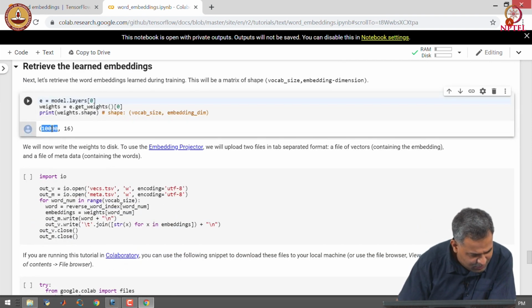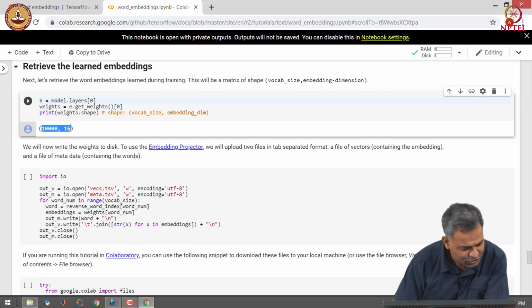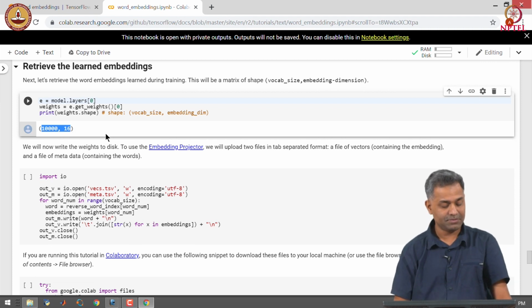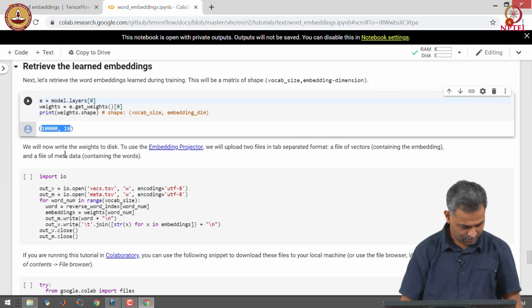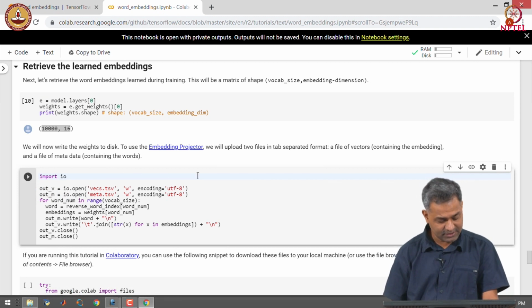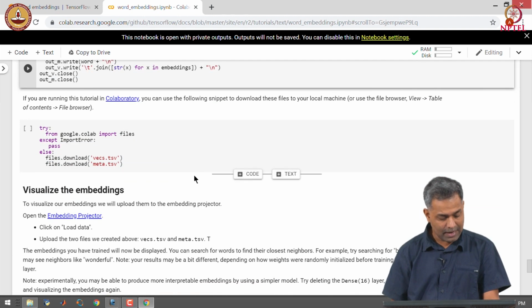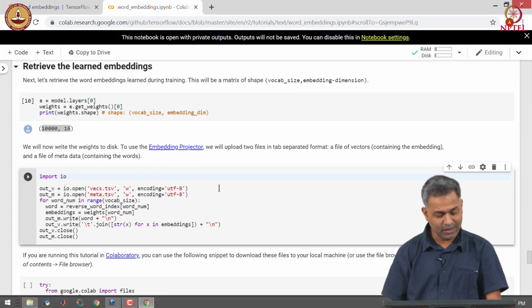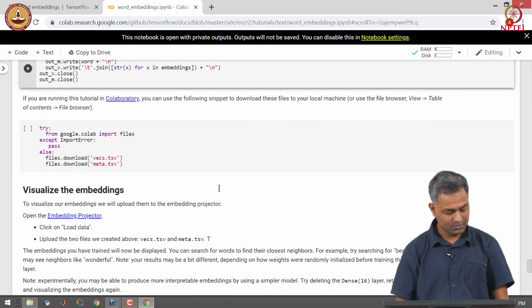Our vocabulary size was 10,000 and embedding dimensions were 16, so we get a tensor with shape 10,000 by 16. We can write these weights to the disk and visualize them with the embedding projector.